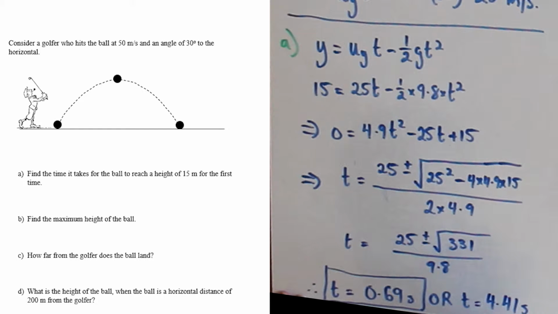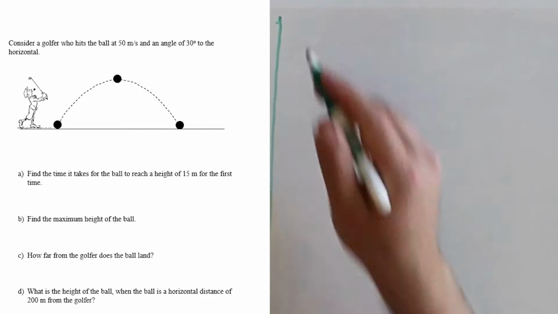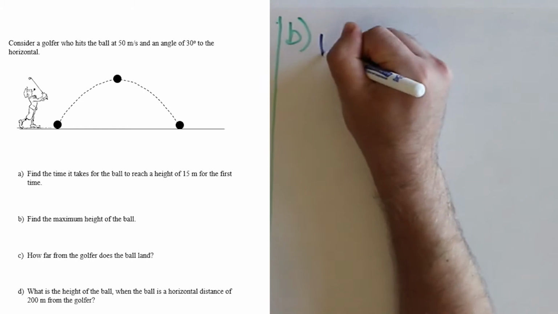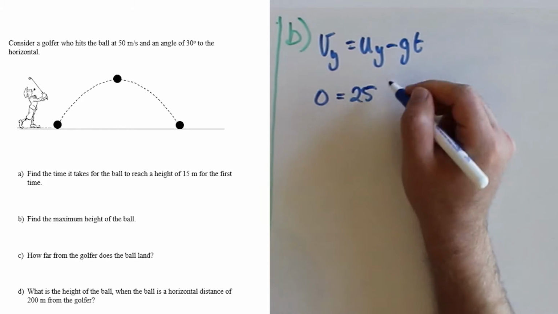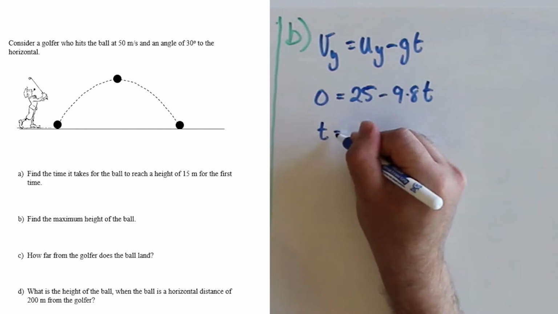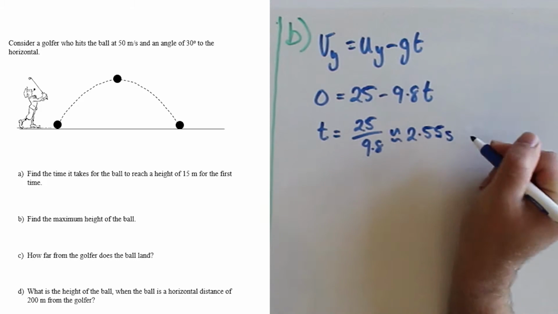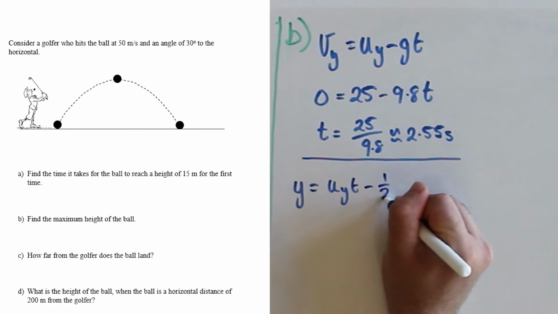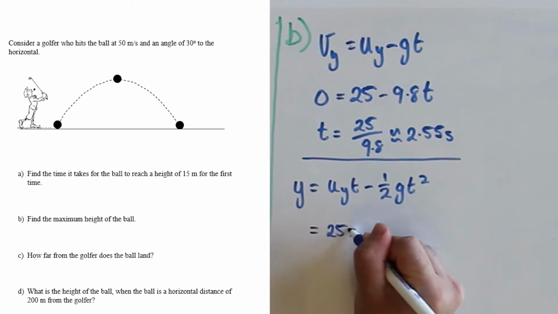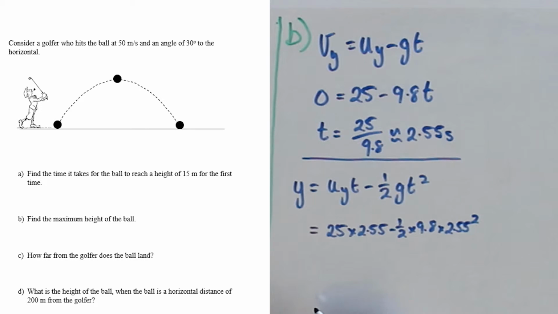Question B asks us to find the maximum height of the ball. Maximum height of the ball occurs when the vertical velocity is equal to 0, so we can use the vertical velocity formula and find the time at which the vertical velocity is equal to 0, which is the time of the maximum height, which is 2.55 seconds. Then using the vertical position formula, we can sub in 2.55 seconds and we get a maximum height of 31.9